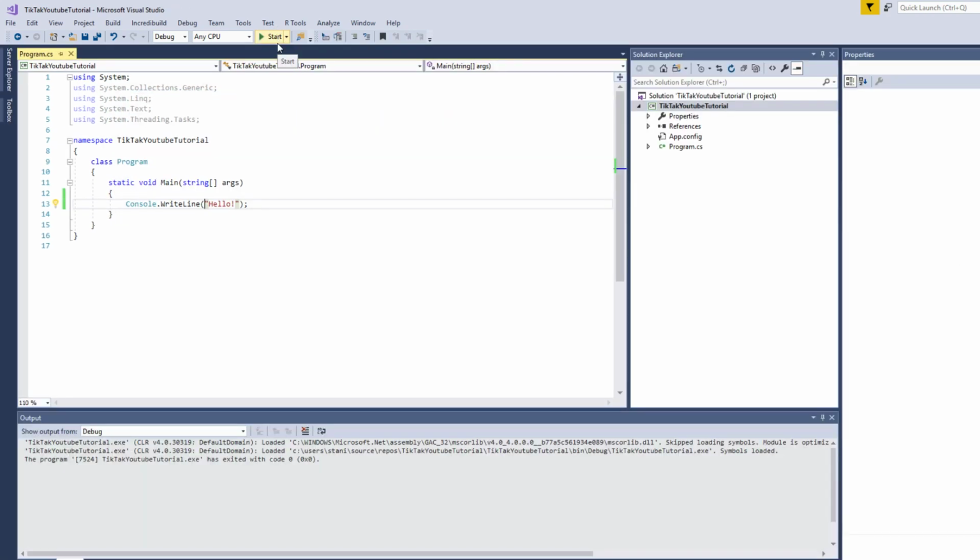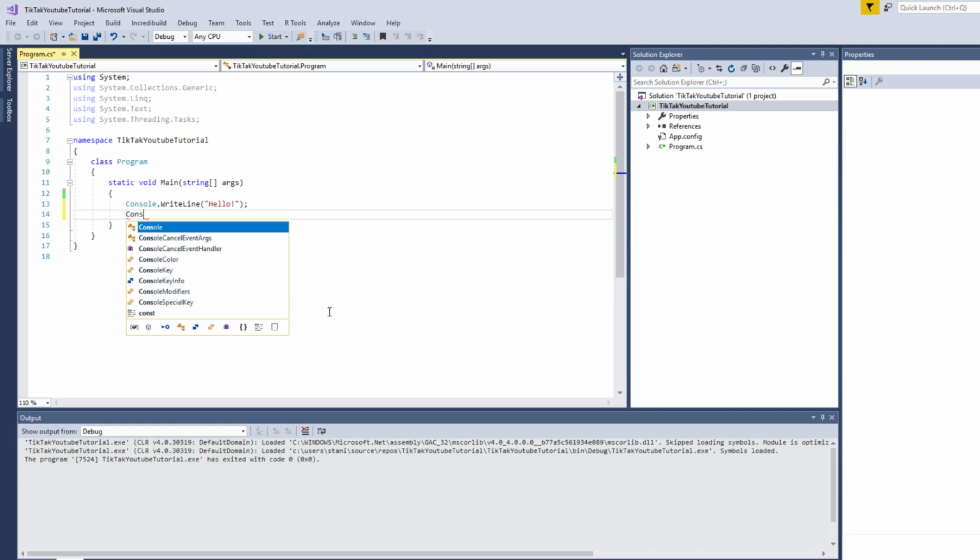So we can press the start button and we get a window, but then it disappears. So why does that happen? Well, the computer runs the program. It does this line, and then it closes because there's nothing more to do. So to avoid that, we can do